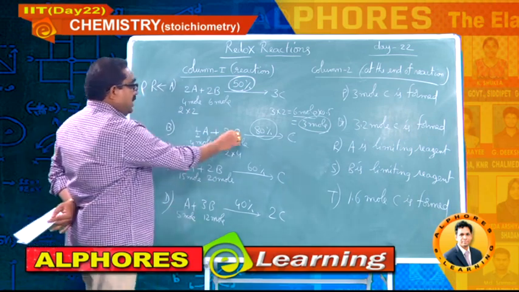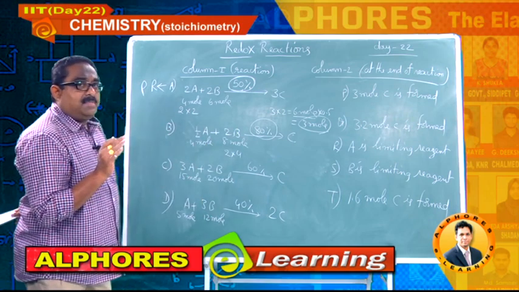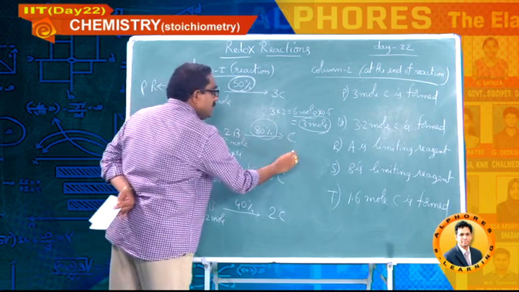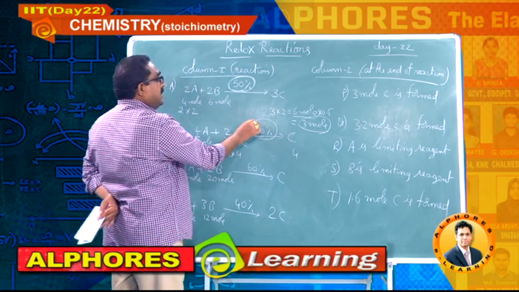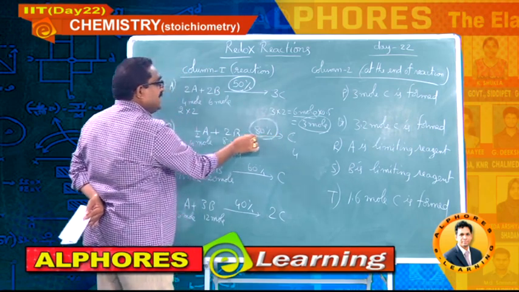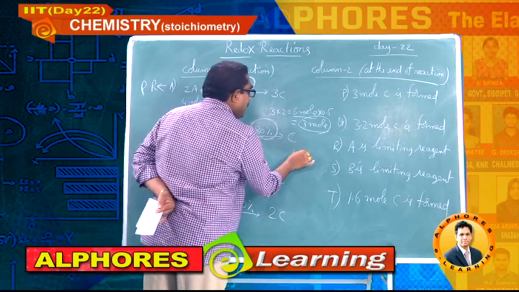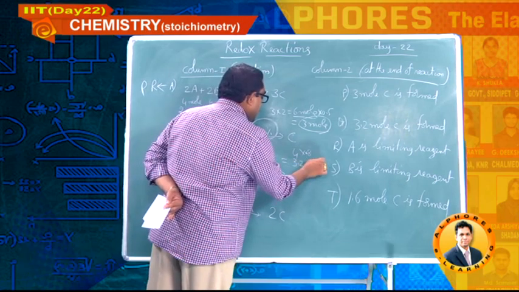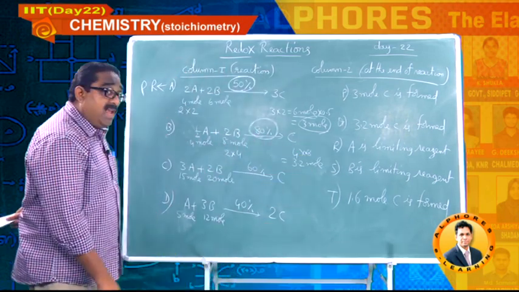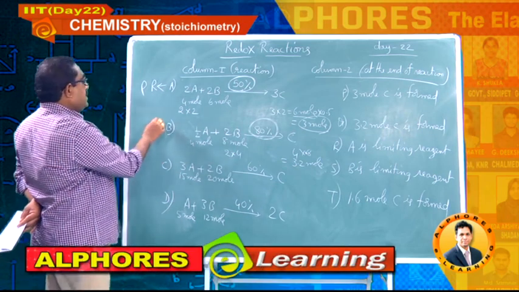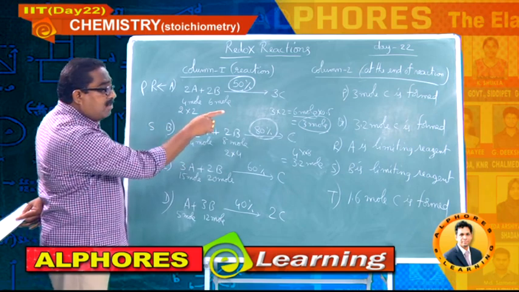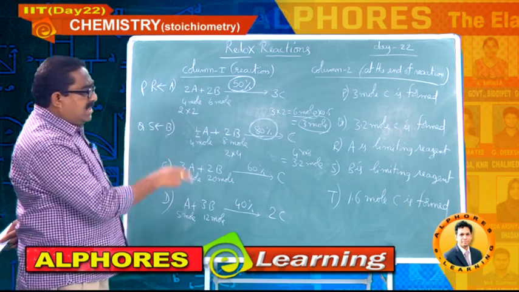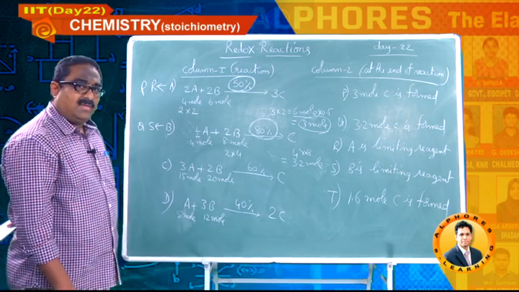Which is least? B. So, amount of product always depends on amount of limiting reagent. So, 2:1 ratio for these two. 2 into 4, so you should get 4, but he has mentioned that the percentage yield is only 80%. So, you have to find out only 80% of this. So, 4 into 0.8, so you will get only 3.2 mole. And here B is limiting reagent. B is limiting reagent means S, and 3.2 moles means Q. So, B should be matched with 2 in that column, that is Q and S.